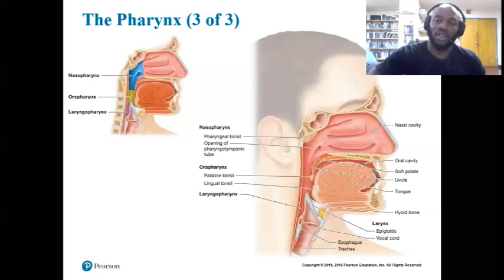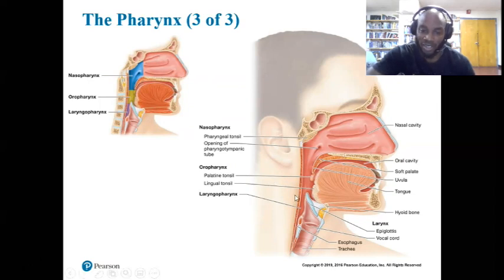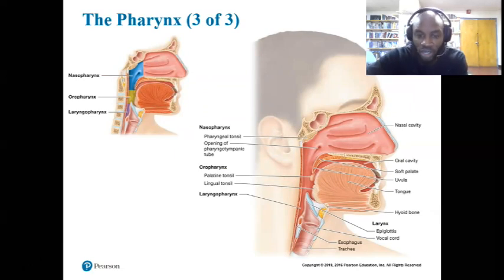So, I think I have a slide coming up, but really quickly, what is choking? When you say something went down the wrong tube, what is that? We're going to talk about the process of swallowing in a little more detail, but basically, for instance, if I drank some water and tried to talk at the same time, if I tried to do them both at the same time and didn't pause for a second,